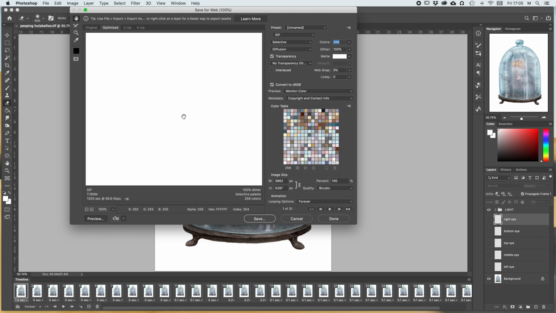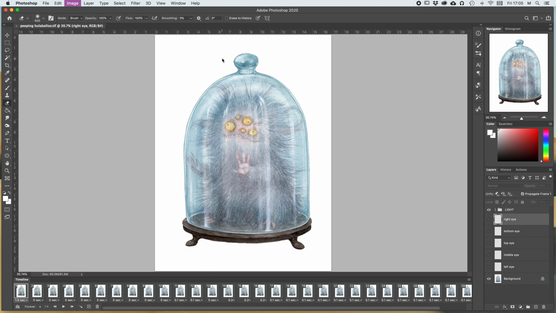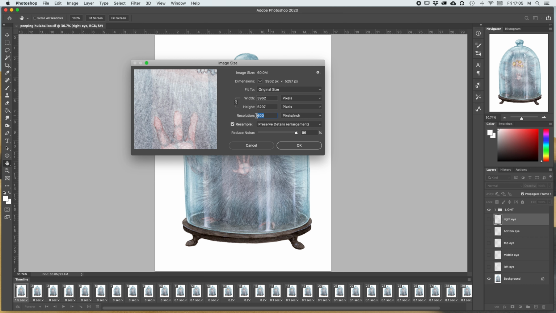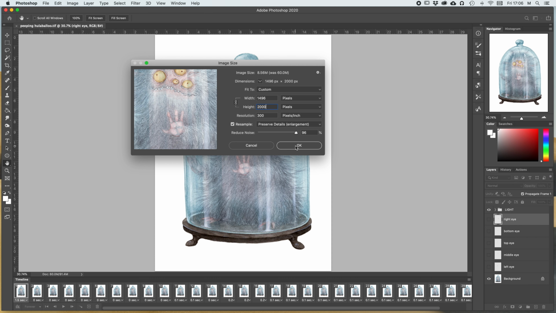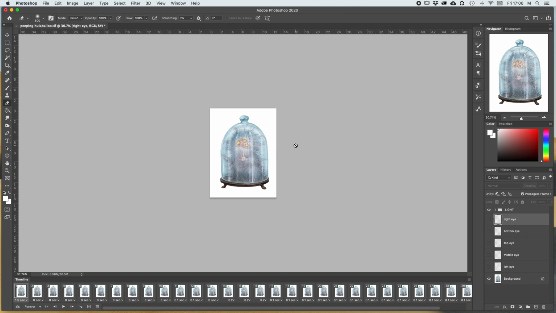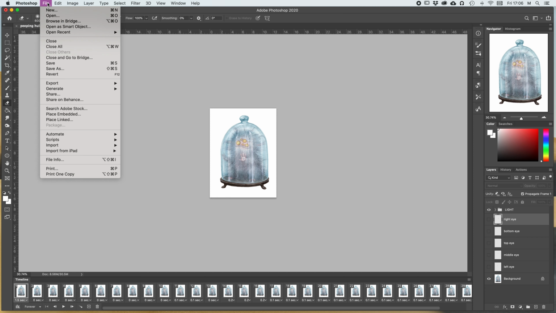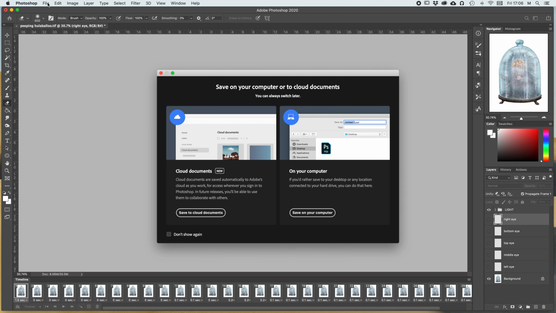There we go. Okay, so image size. It's too big. Oh, actually, let's cancel that. Let's check. Yeah, okay, so I've got it at 600 resolution. That is ridiculous. I'm going to go to 300. And I'm going to make sure the height is no bigger than 2000 pixels. I'm not going to save it like this though, as the TIFF I mean, because this is my only file. Actually I might do, no I won't. Yes I will. Save that as